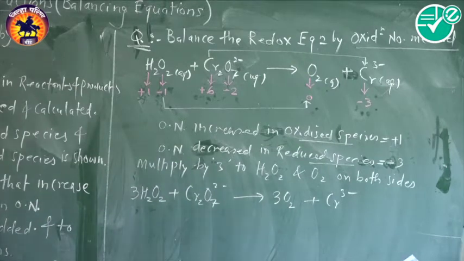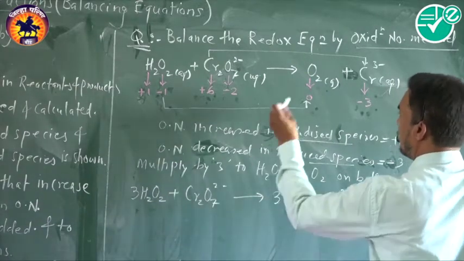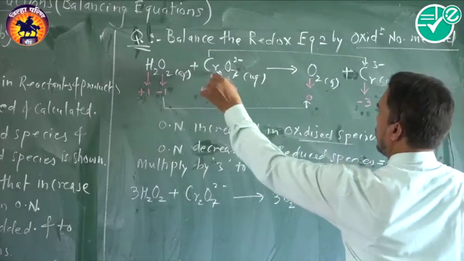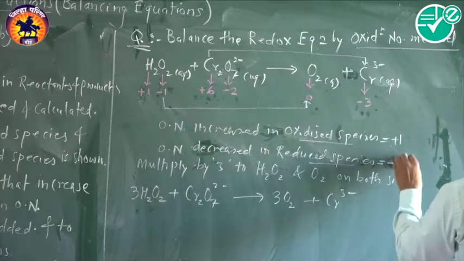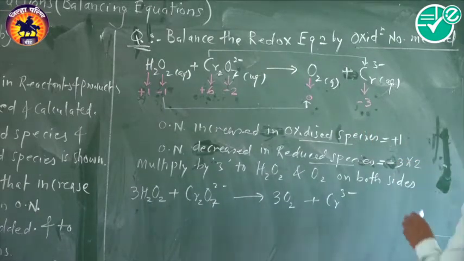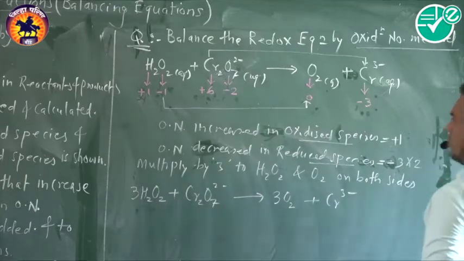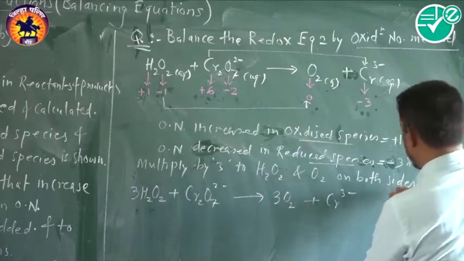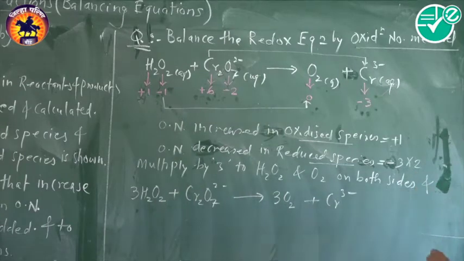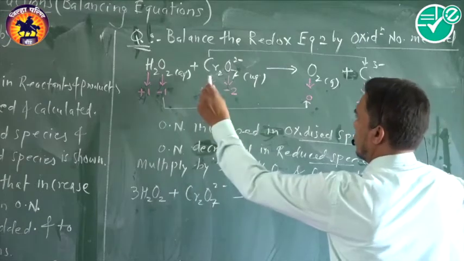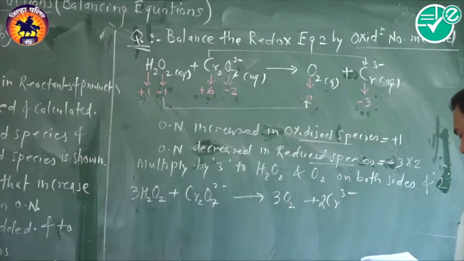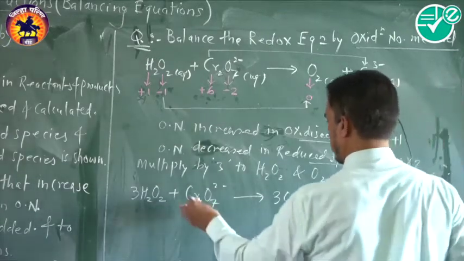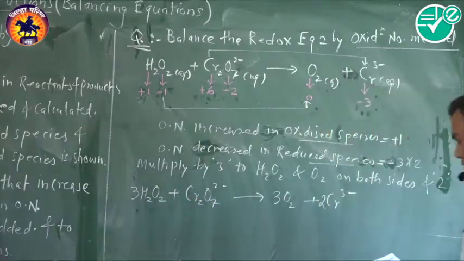Okay, now this is the balancing equation, and also we have to multiply, since here there are 2 chromium and here 1 chromium, so we have to balance so that the chromium should be 2. So we also have to multiply by 2 the chromium on the other side. So it's coming out to be 2 here. So 2 chromium. So we have to balance with the atomic number.